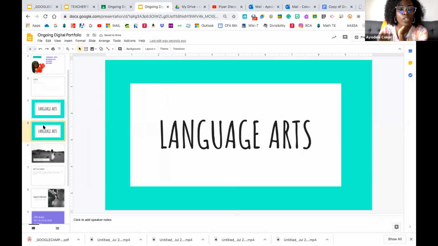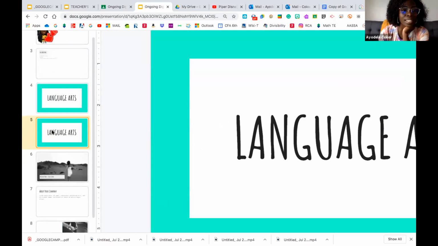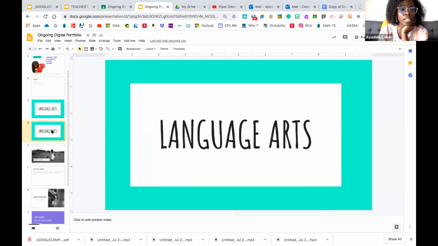Okay, and if you're newer to Google Slides, I want to challenge you. Make sure your slide is selected, and I want you to go to your keyboard and click and hold down Control or Command if you have a Mac, and then tap the C button. I'm sorry, the letter C, okay? That magically copies it.